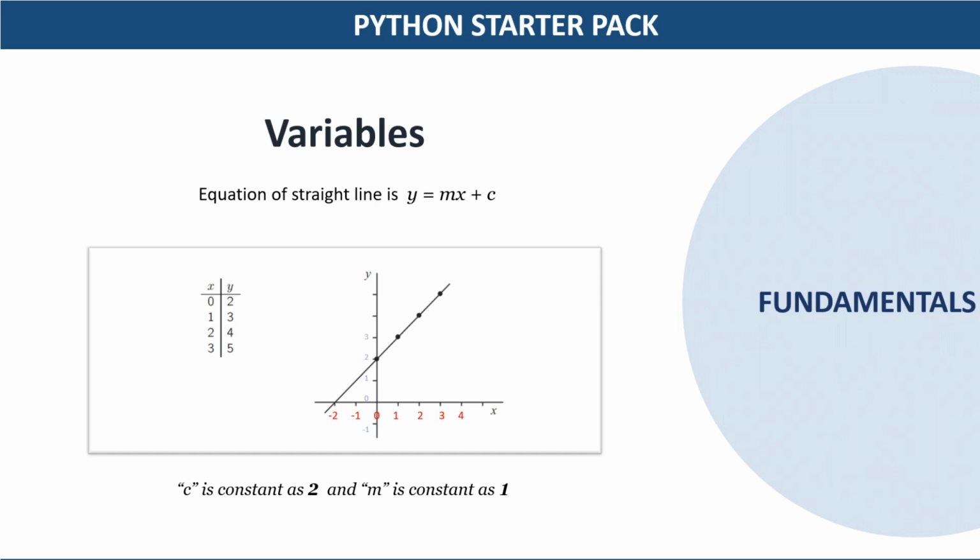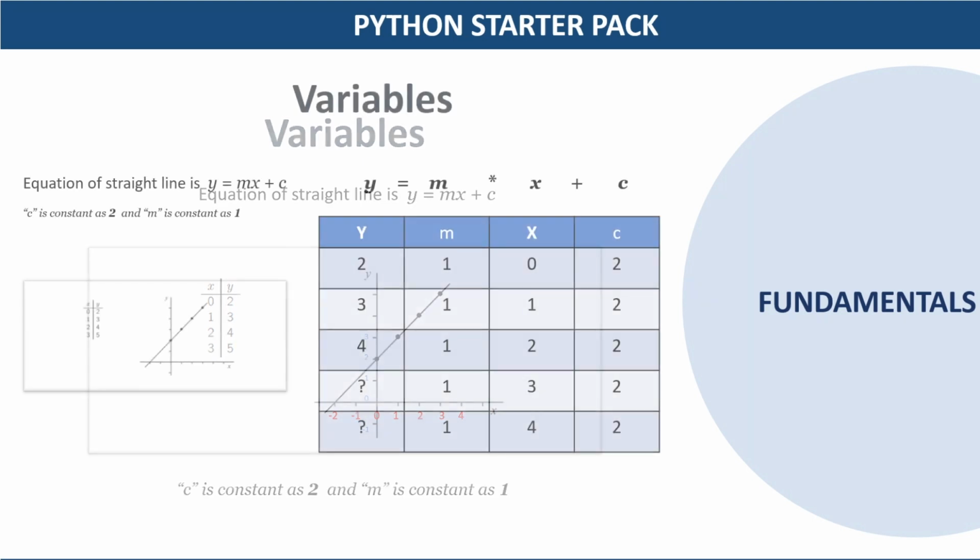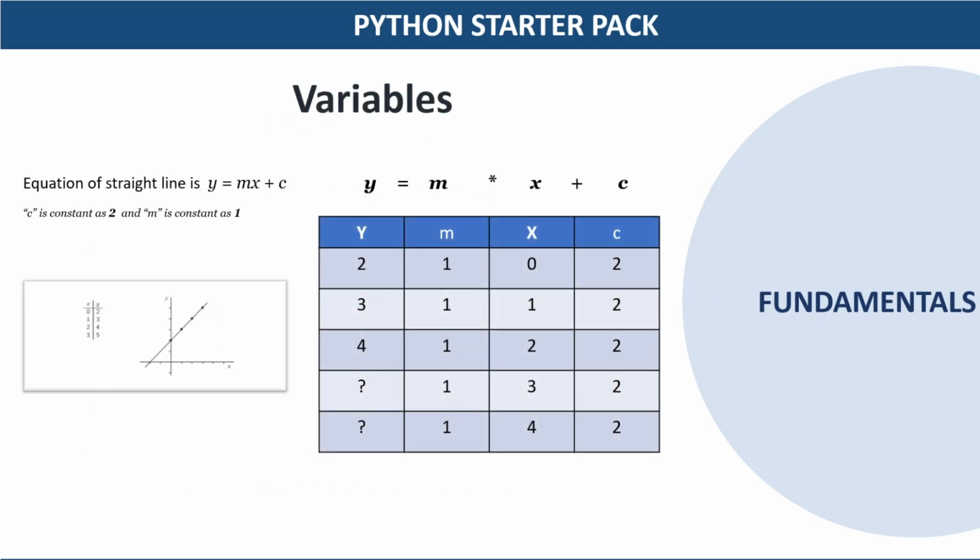Considering this, if I put the value of x equal to 0, then the value of y I will get is 2, right? This also can be illustrated with this table. Here is the same equation y = mx + c. If you see the pattern, if I put x equal to 0, I'll get y equal to 2. To find the next point, I will just increment x by 1, so x equal to 1, and if I calculate, the value of y I will get is 3, right? And if I keep on incrementing the value of x, the value of y will change, but m and c